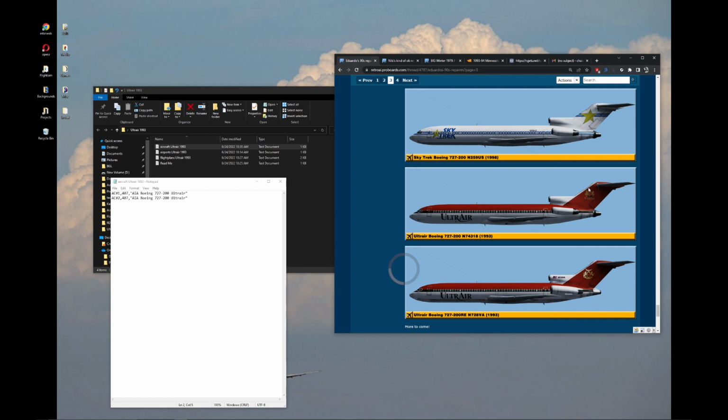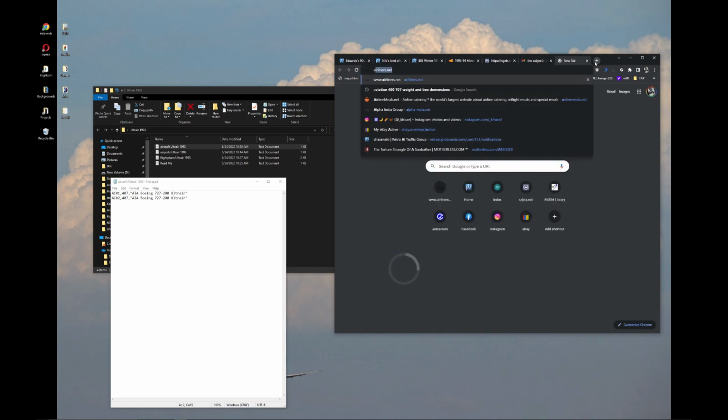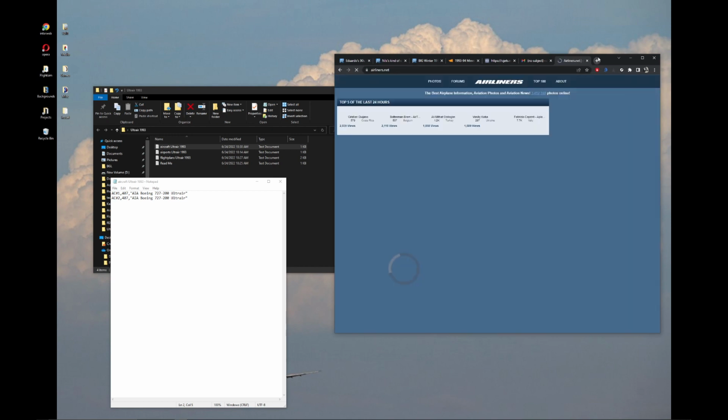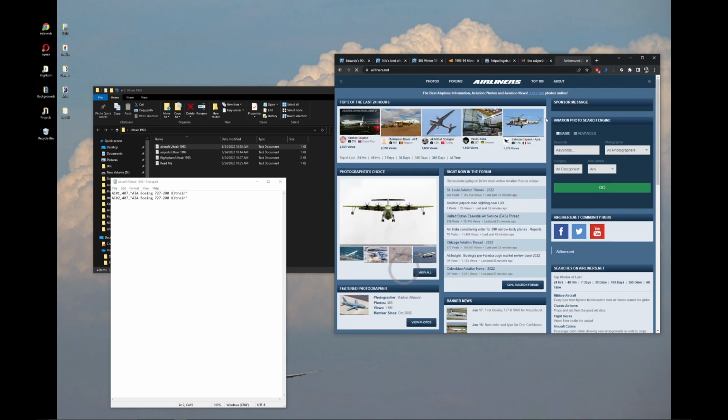So this is actually a good learning tool here, because I'm going to go as deep into this as I want, because if you're going to make realistic retro flight plans, you're not going to BS them, and they're going to be good and look like it really did. I'm going to put airliners.net. So here we are, airliners.net. If we're going to try to find